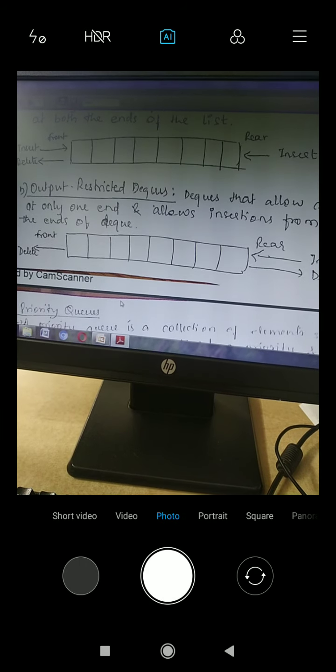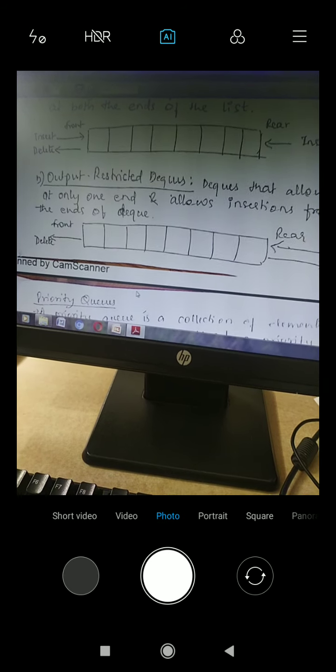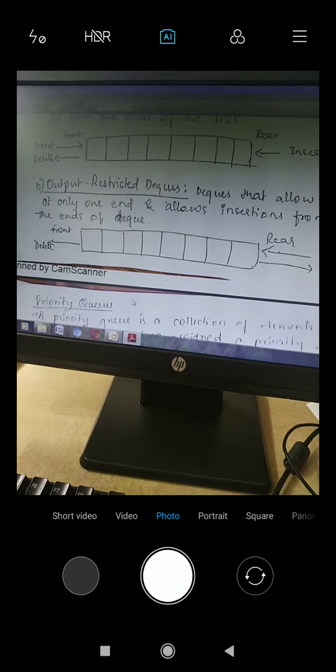In the same way, in an output restricted queue you can have insertion at both ends, but deletion at only one end.